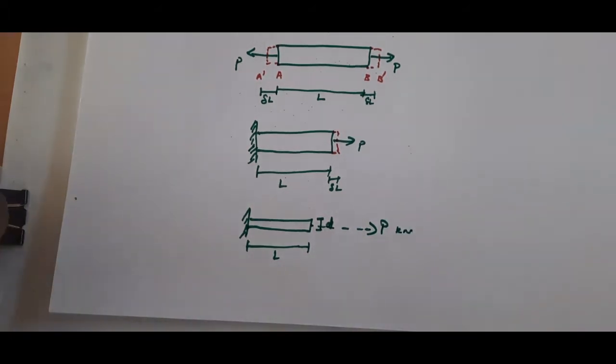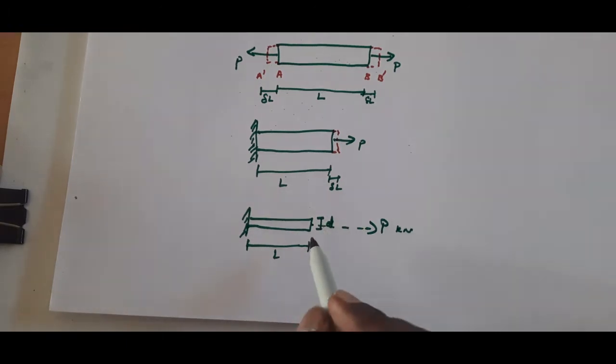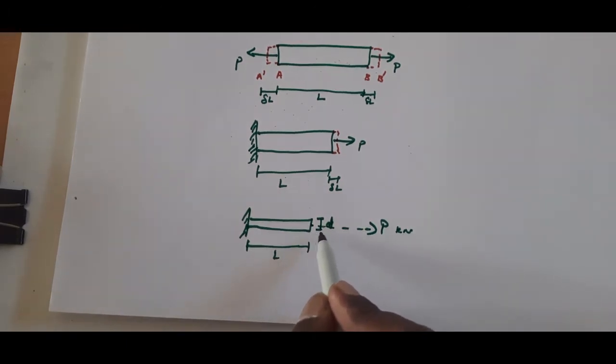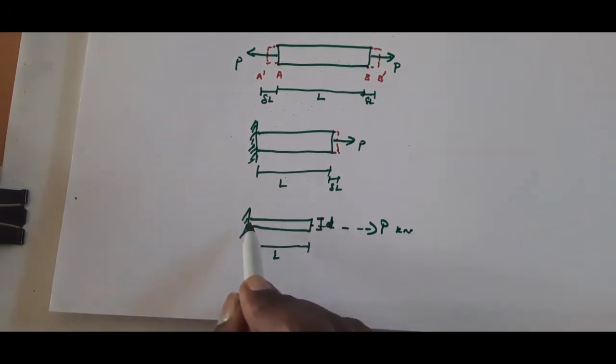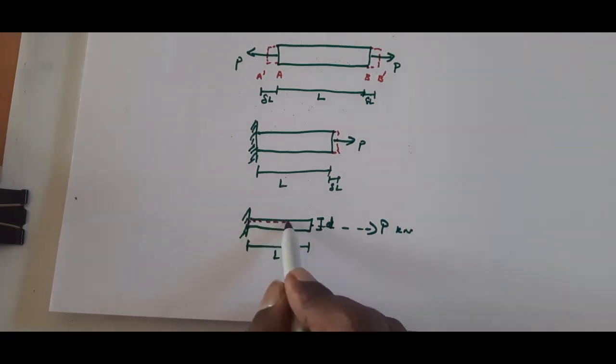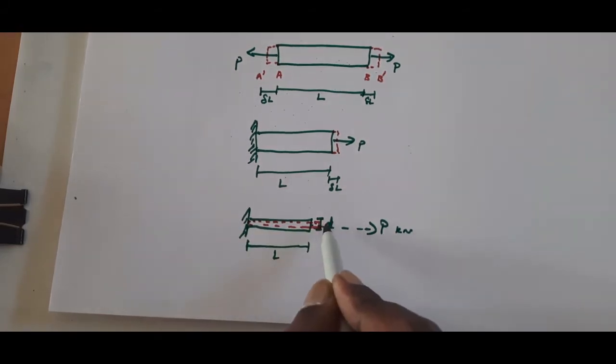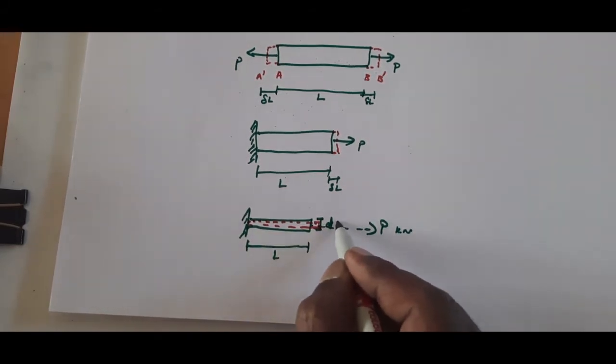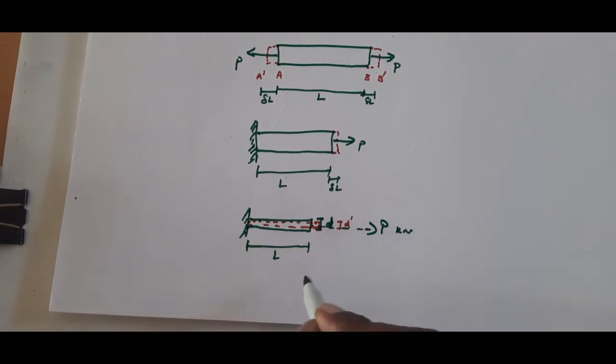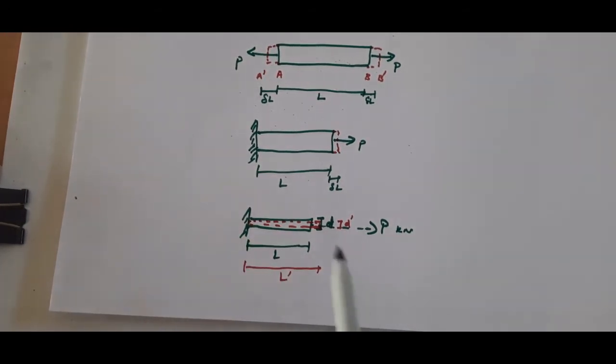Now the length increases, but assume that the length alone will not increase. Due to the increase in length, the area will decrease. So automatically the D will change to a new D called D dash, and the L will have an increased value L dash. So the dimension is also changing, which means that the cross section is also changing and the